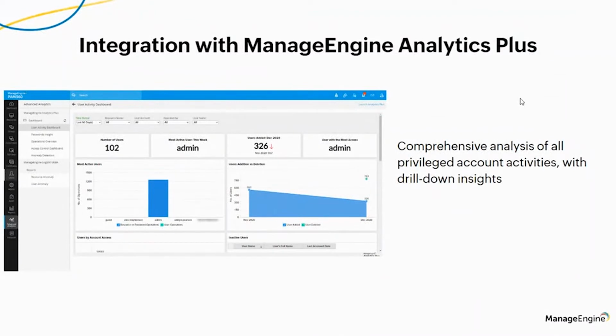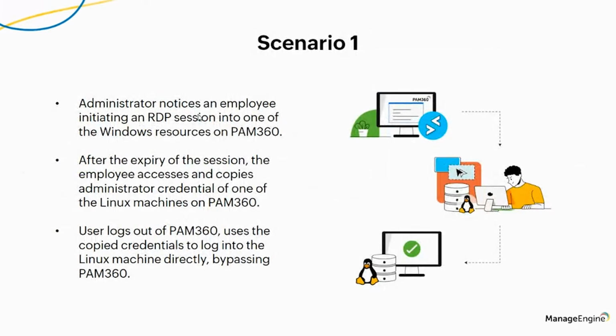So, for example, PAM will know your typical business hours, and PAM will know the usage pattern of your users. Now, this particular user who launched an RDP session and then retrieved a Linux password, this user perhaps have never touched a Linux machine in the last 3 months because they are probably from a Windows team. But today they've decided to check out a Linux